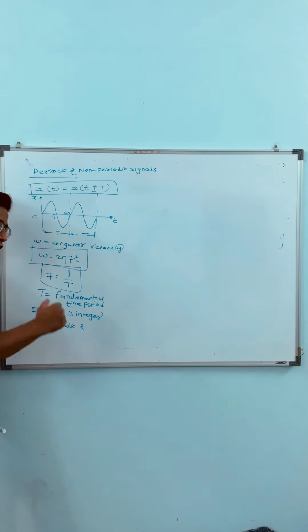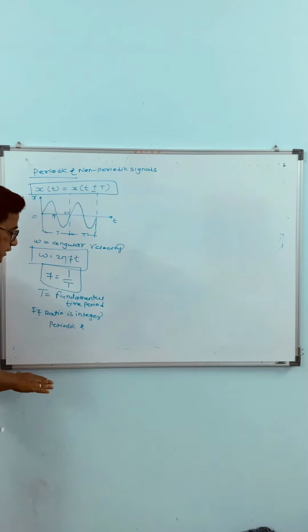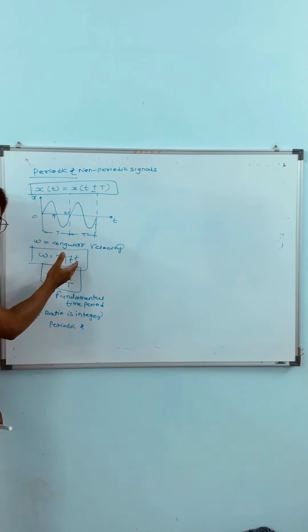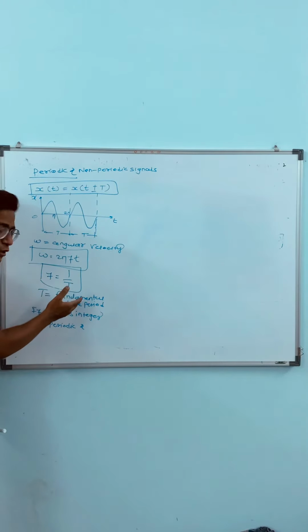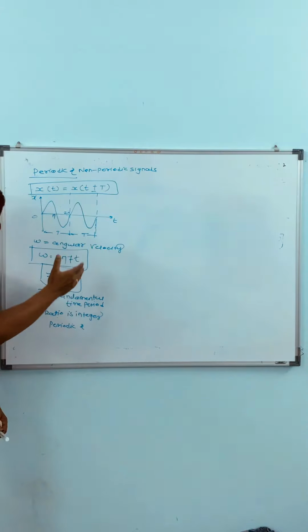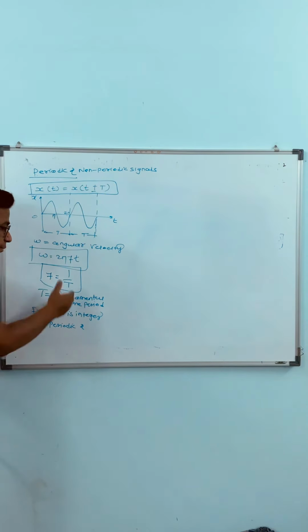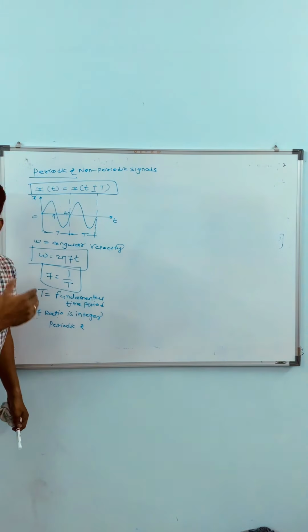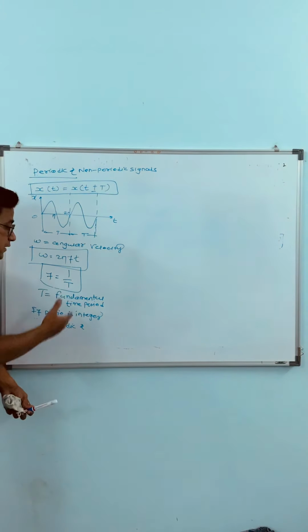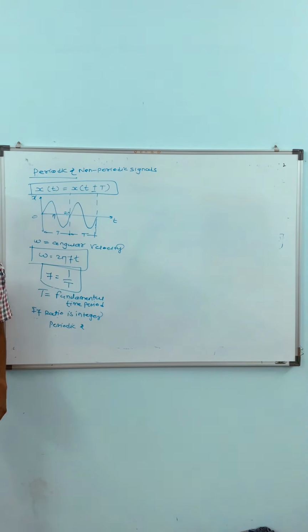Whenever you have a signal, you have to analyze its periodicity or non-periodicity. You have to take out the frequency from the expression and check whether your signal falls under this condition, 1 by T. If your answer is like 1 by 2, 1 by 3, 1 by 4, then you can directly say the signal is periodic. If your answer is like 1 by pi, 1 by 1.1, 2.1, these ratios are irrational, then you can directly say the signal is non-periodic. Is it clear?